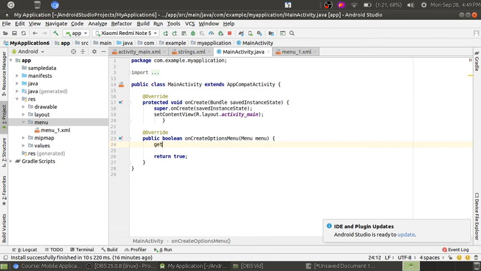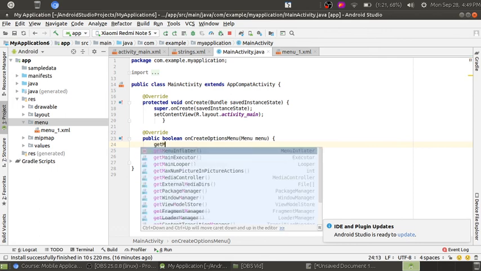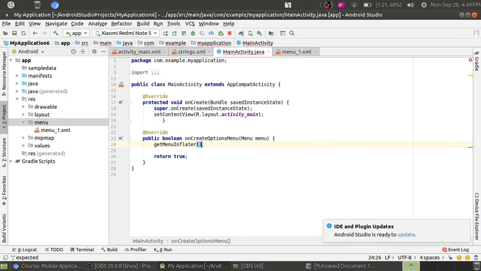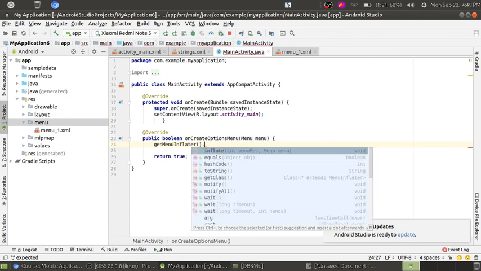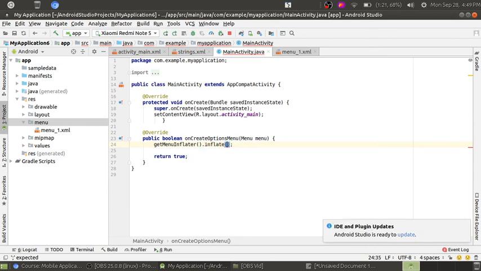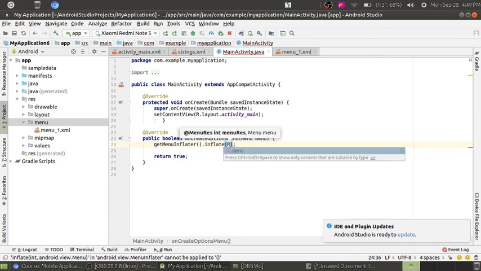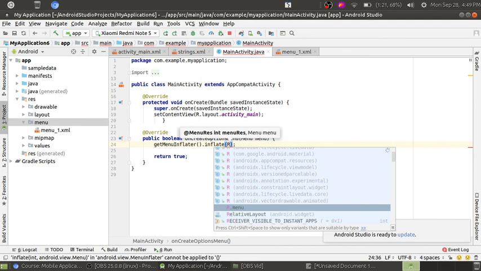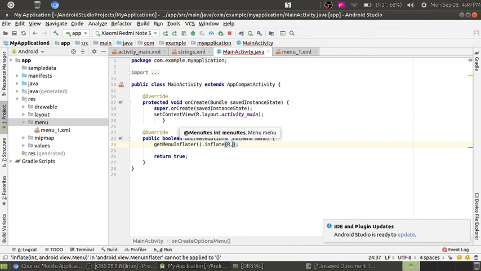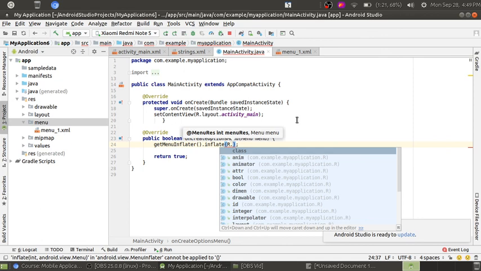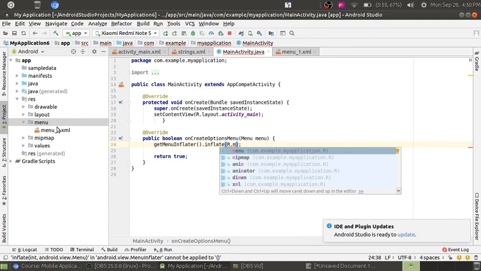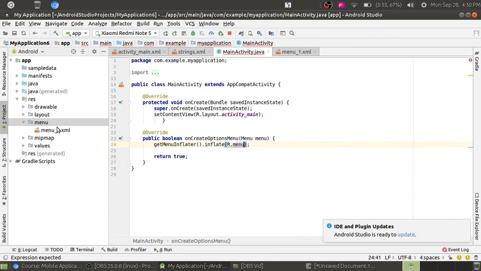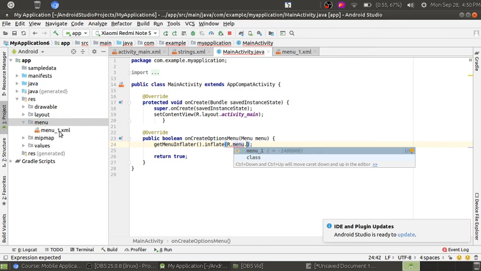So I am just typing the method, which is getMenuInflater, fetching the inflate function. Inside that I am saying just get the files from the R.java file. In the R.java file, it will go inside the menu folder, then under the menu there is a file which is menu1.xml.